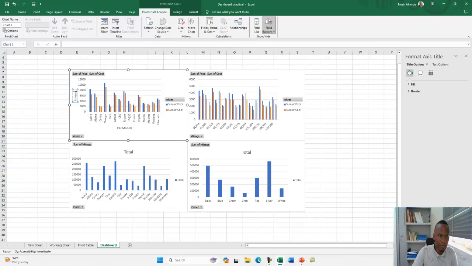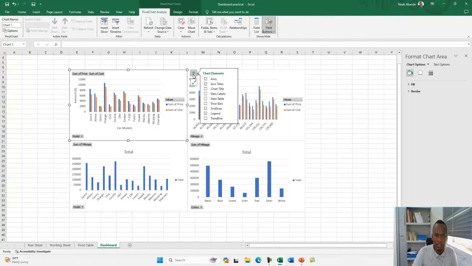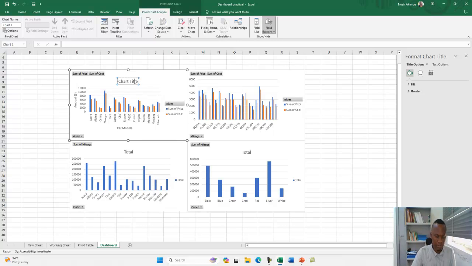So I can put amount in dollars. Amount in dollars. Okay, so what else do I want? Let me still come here. Am I interested in adding a chart title? Chart title is important. Then I'll say car models